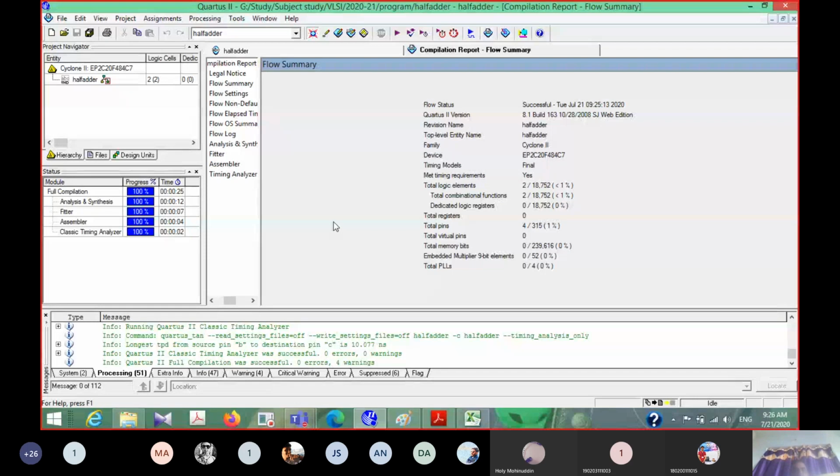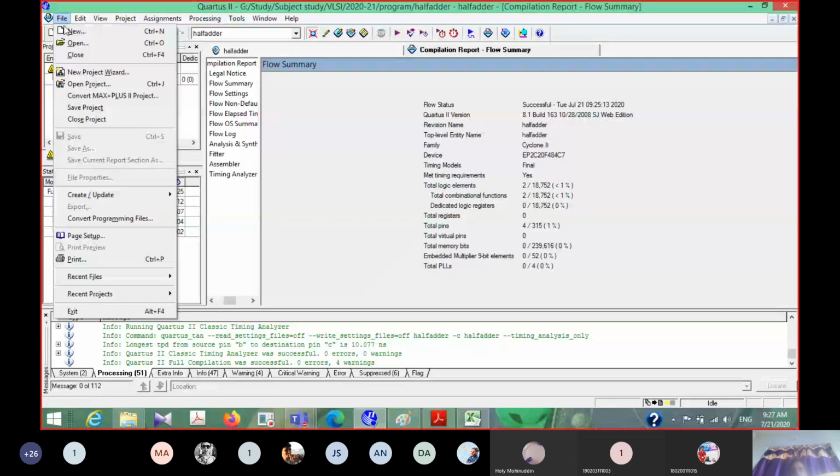in our last lecture. Once the compilation is complete and successful, the next step is that we want to simulate, we want to verify, right? So for that, first of all we will give the input, then we will check what output is generated as per the written VHDL program, right? So to give the inputs and to see the output, for that we require one new file. So again go to File, New.